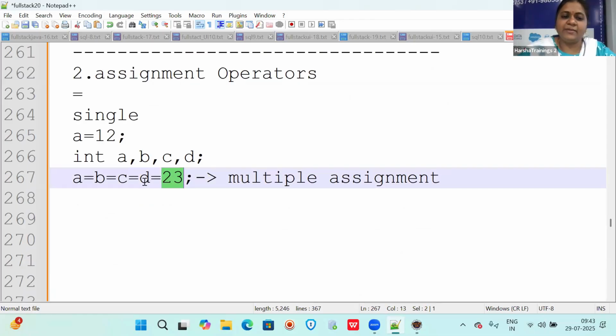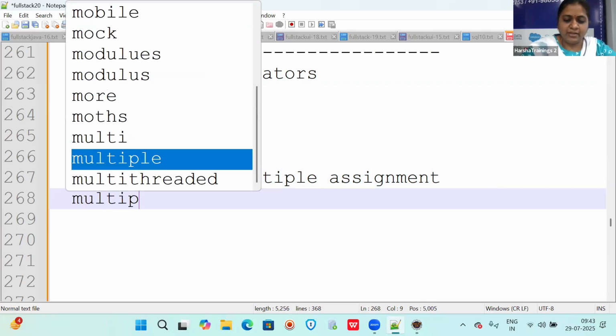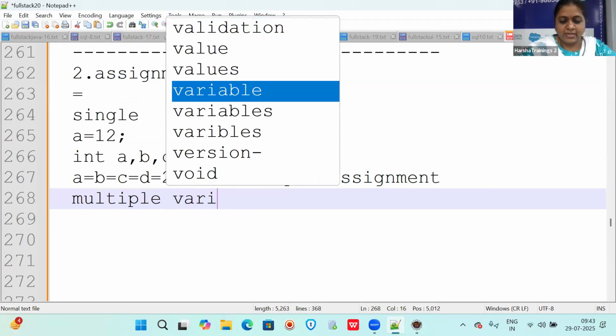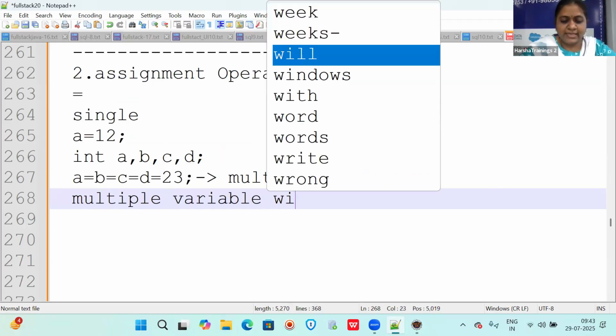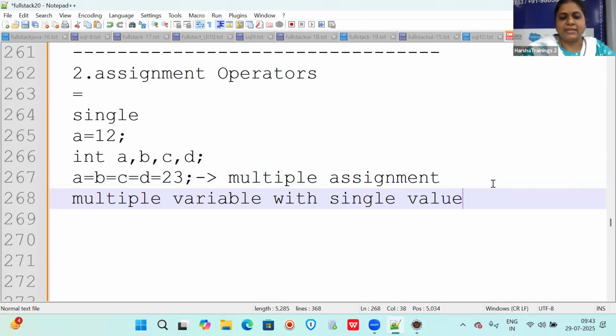Whenever you are storing multiple variables with a single value, it is called multiple assignment.